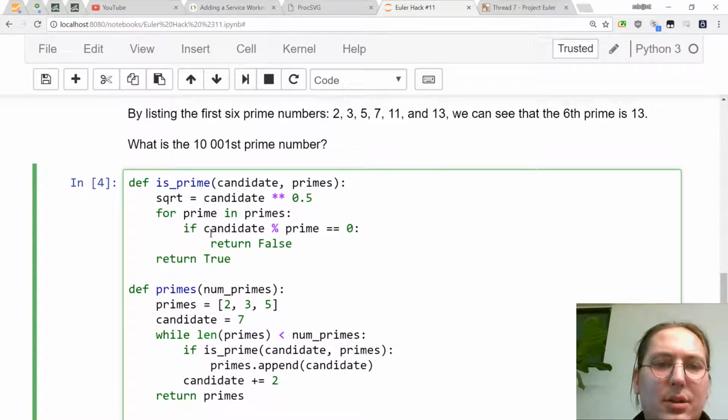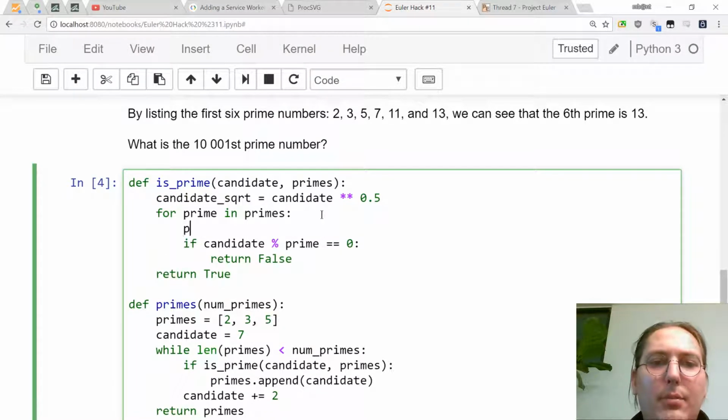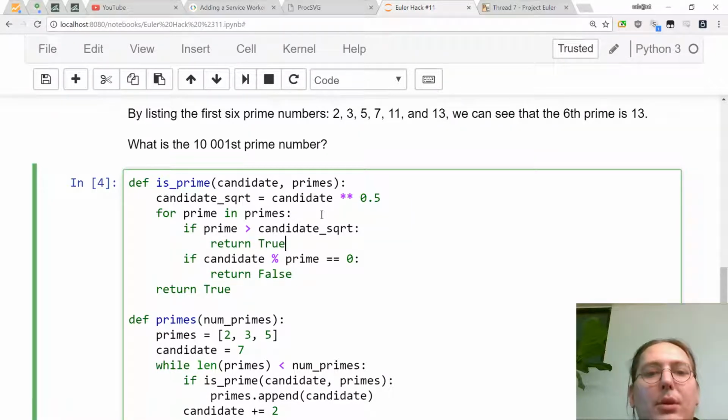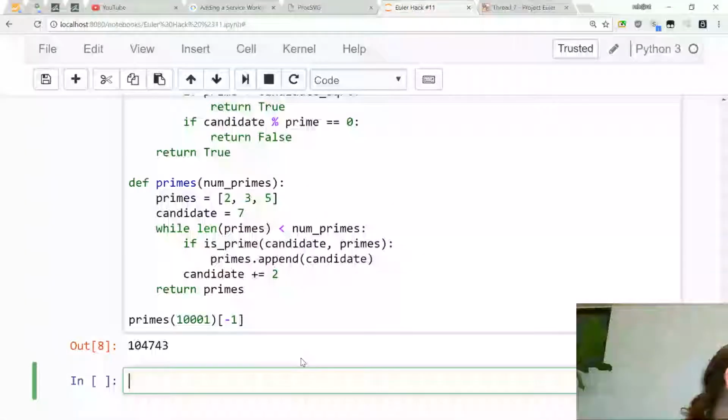It doesn't matter, actually. So if the prime is greater than the square root of that, then we know everything that follows will not be one of the candidates. And then